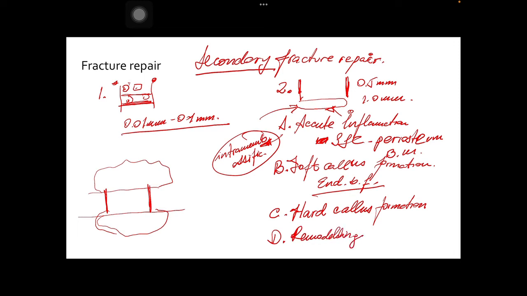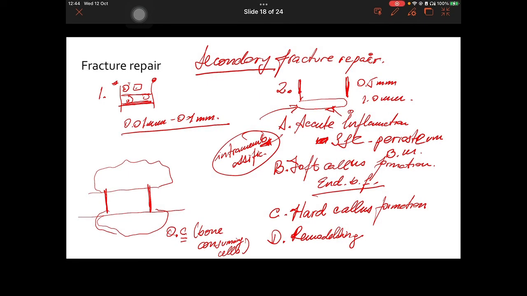So then your osteoclasts, because we call them the bone consuming cells, these osteoclasts will start eating or chipping parts of the bone that we don't need to create nice bone repair, right? This is very important,